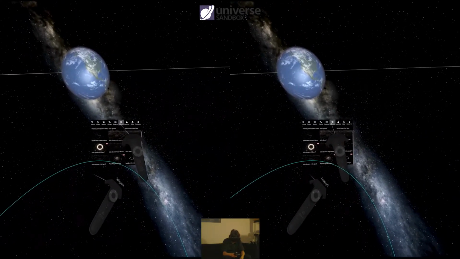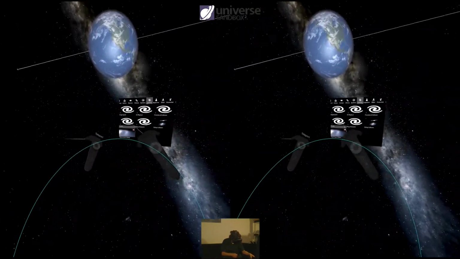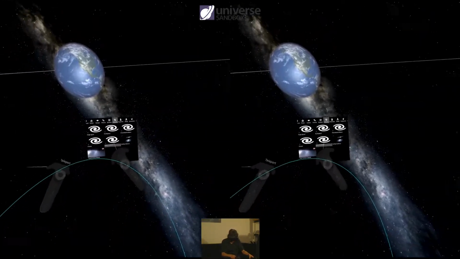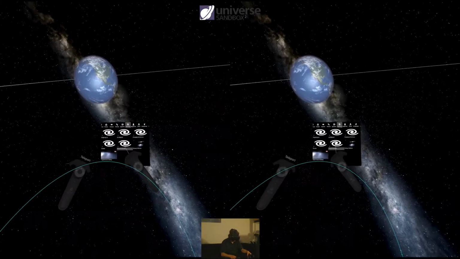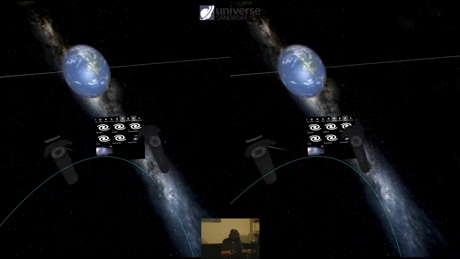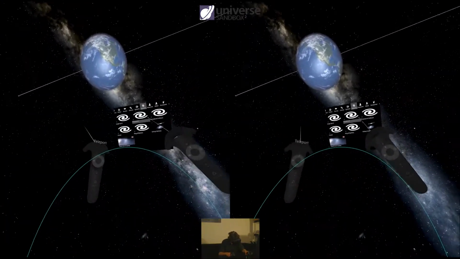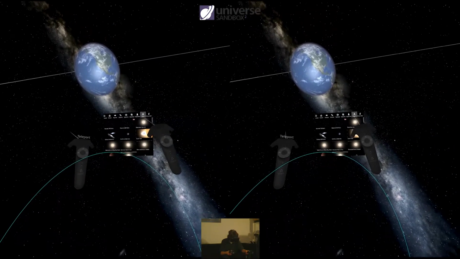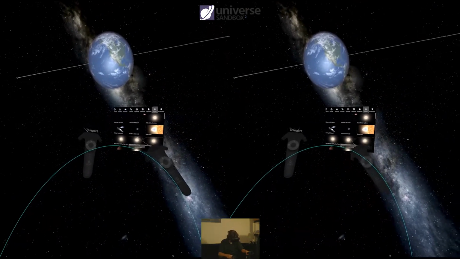Now, I want to go to galaxies here and show you another problem. These black and white ones here, if you load these, your frame rate drops to like 5 frames per second. You see absolutely nothing in the headset, and that too risks a crash because the thing is just chugging. I don't know if these are procedural, they're a special case. I will try them on the desktop to see what's going on. But in VR, I don't recommend selecting them because you're going to have a problem. So,